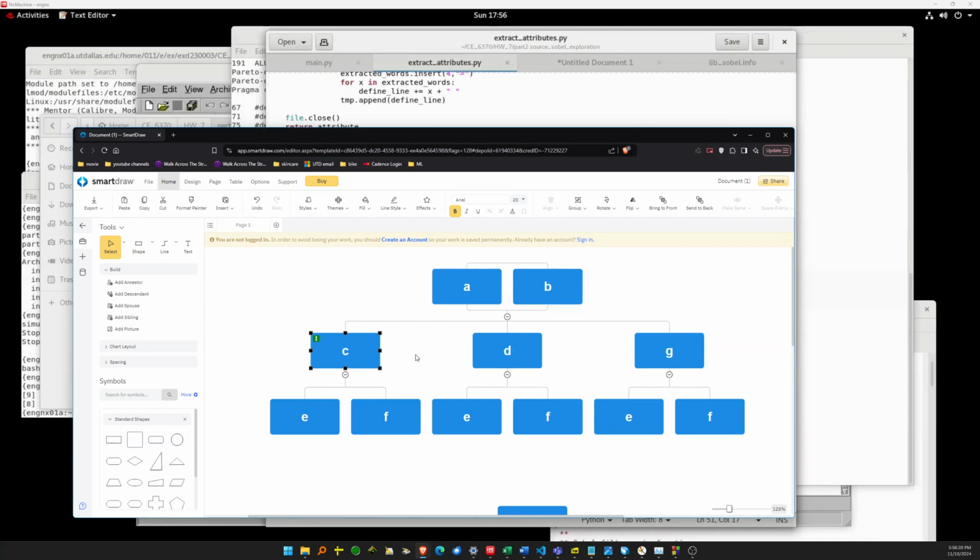Now, the reason why I used a tree to start off with is that if you use a depth-first search algorithm, you can find out the unique combinations. So ACE is a unique combination, ACF, ADE, ADF, AGE, and AGF. And you can apply the same thing for B. But another approach which I went through is looking at it from the bottom-top and treating each of these as a